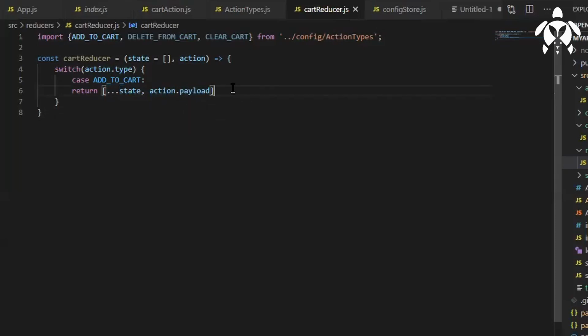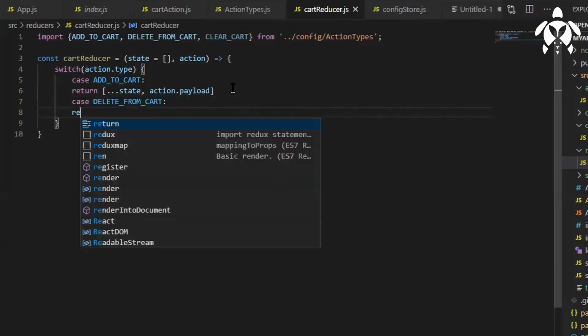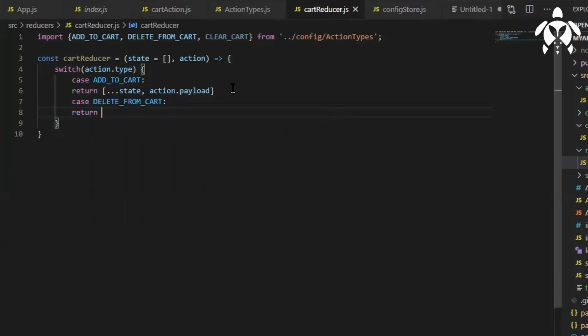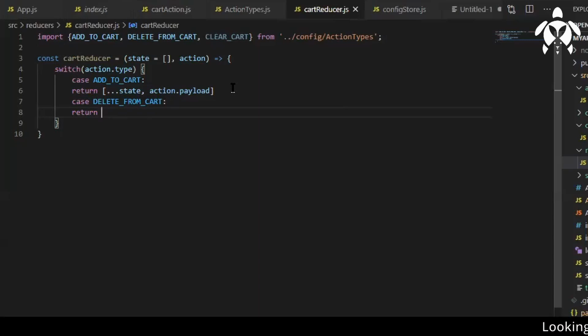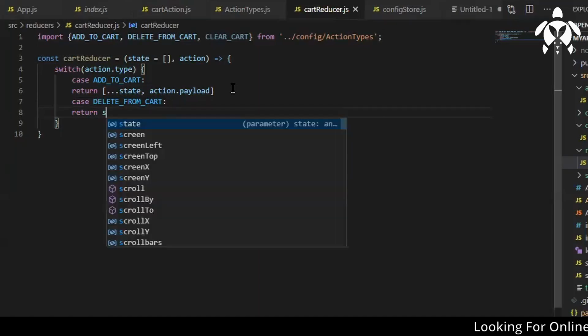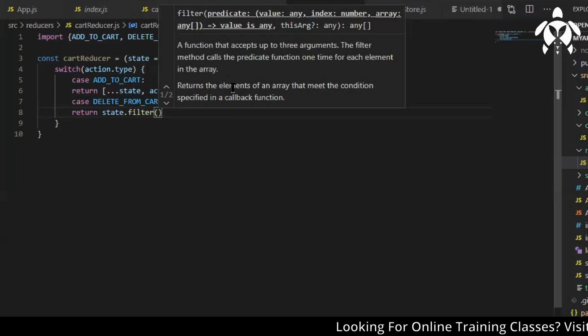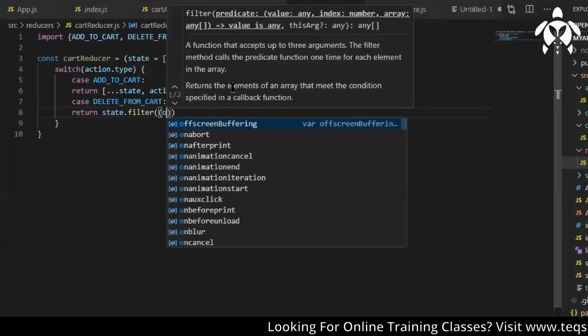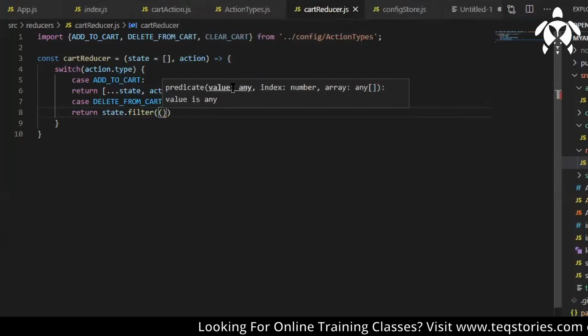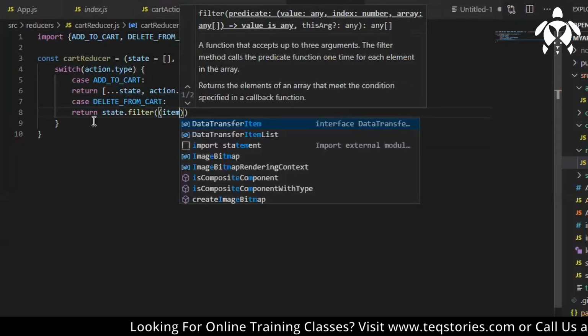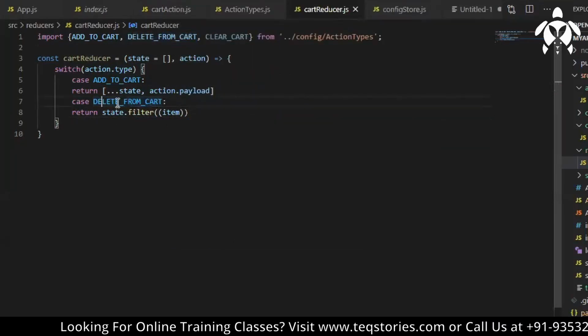And the other case, delete. Here we want to return whatever the deleted item is. I want to filter out the data, right? So how will you filter out the data here? We can write state.filter, and this is a filter method, a JavaScript method. Then we need to pass the item. This will happen when you take the action delete from cart.